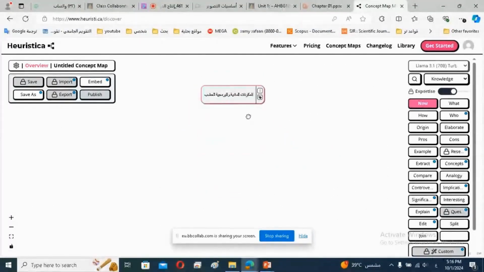So, what are all those many buttons on the right side, Dr. Sami? Yes, pay attention. With me here. If you're going to create a new holistic or a new mind map, you'll click on the word new. But if you actually want to start making the map, what is your topic about? Are you talking about the hardware and software components of the computer?